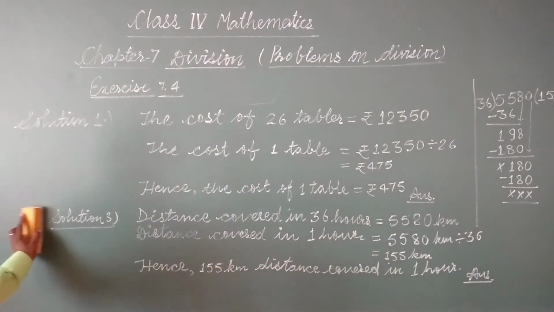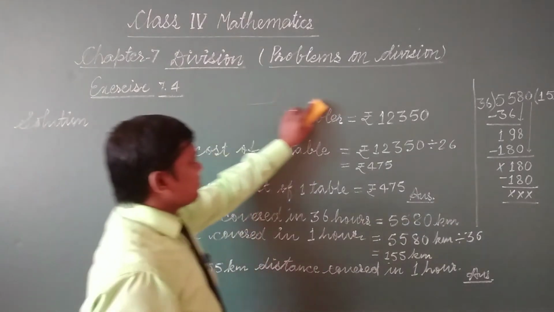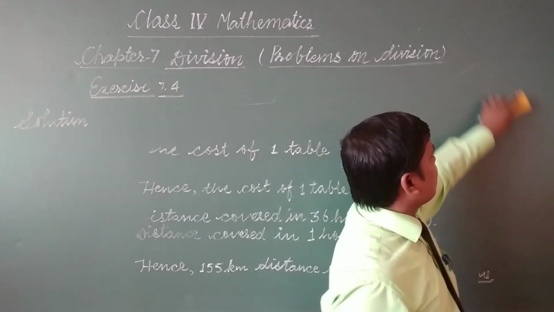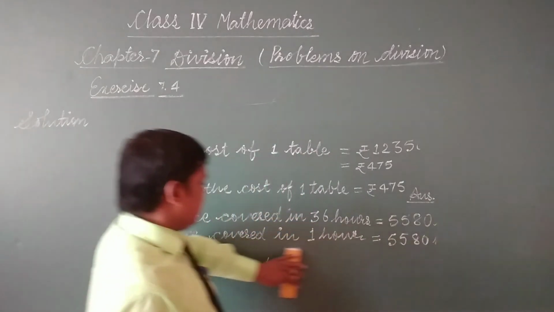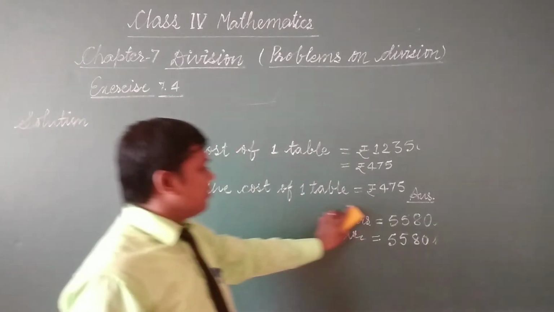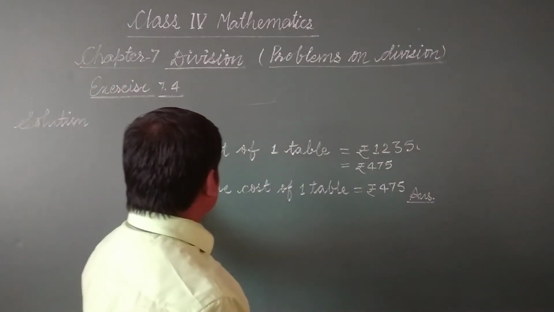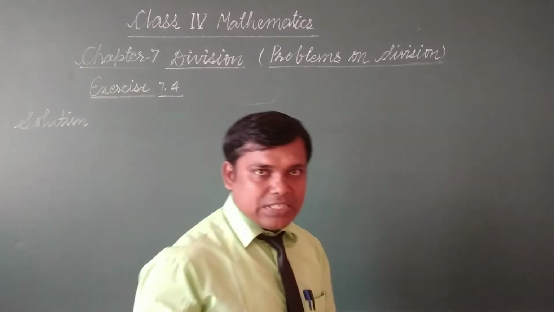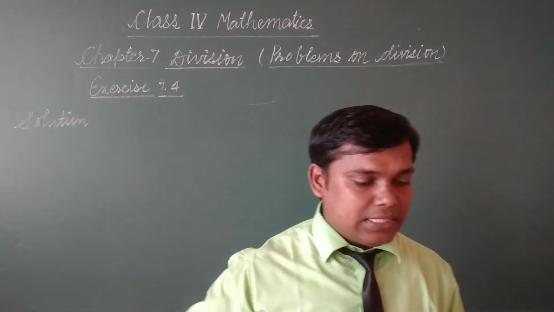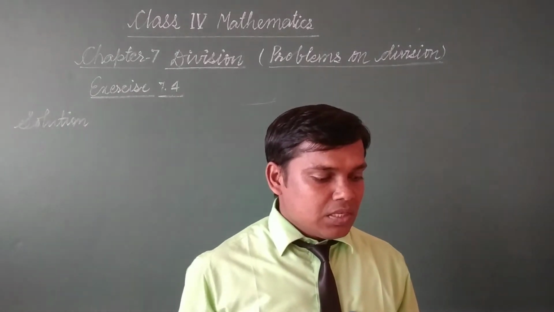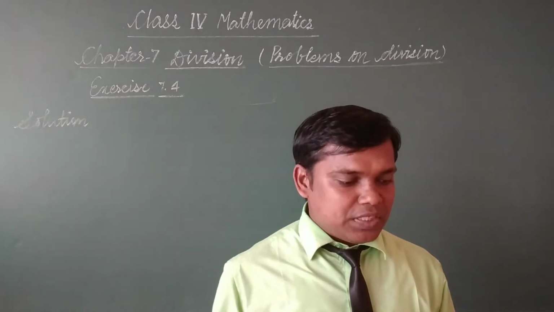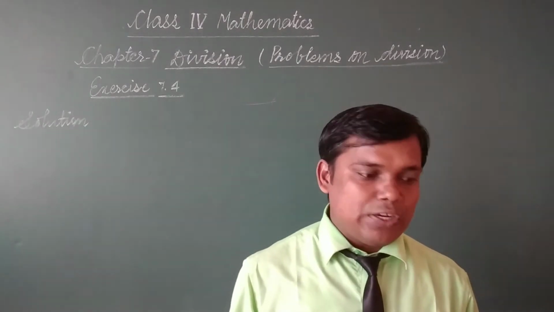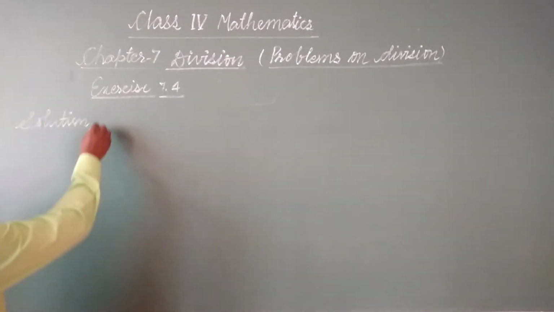Now I am going to erase it. Now I am going to solve one more question, that is question number 5. All of you read question number 5 of your book. It is quite a different type of question. As it is written here, find the dividend if quotient, remainder and divisor are given to you. Means solution of question number 5.